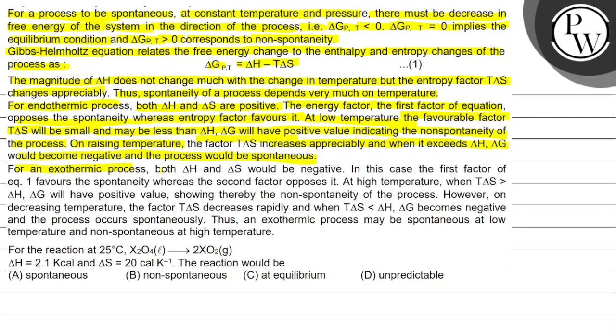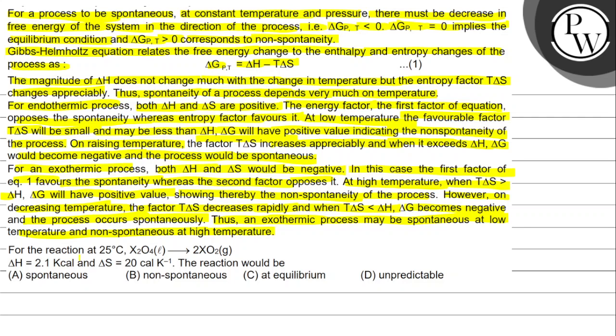For an exothermic process, both delta H and delta S would be negative. In this case, the first factor of equation 1 favors the spontaneity whereas the second factor opposes it. At high temperature, where T delta S is greater than delta H, delta G will have a positive value, showing thereby non-spontaneity of the process. However, on decreasing temperature, the factor T delta S decreases rapidly, and when T delta S is less than delta H, delta G becomes negative and the process occurs spontaneously. Thus, an exothermic process may be spontaneous at low temperature and